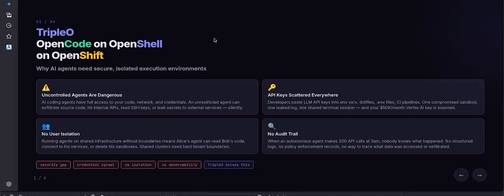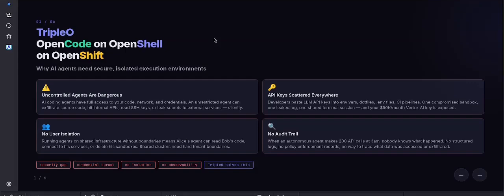So what are the current problems that we have? Firstly, agents are uncontrolled right now. If you run Cloud Code on your laptop, it has access to all your files, including secrets, including files that you probably don't want to reveal. It can run binaries, it can access any site on the internet. And if you want to run it in full autonomous mode, you have no idea what it can access and what not.